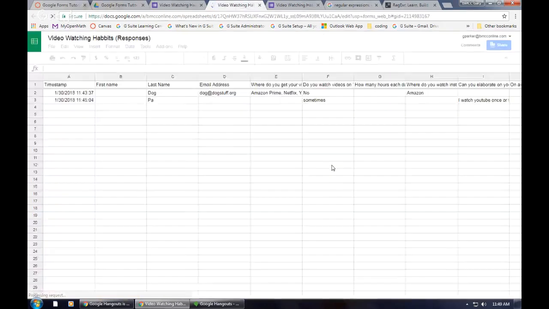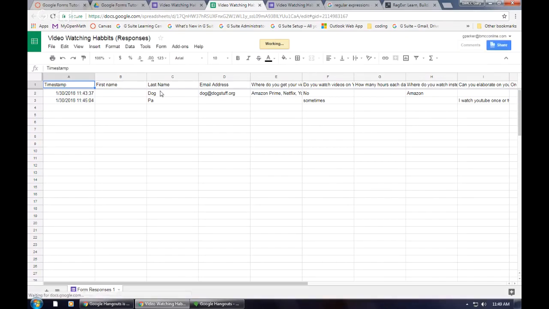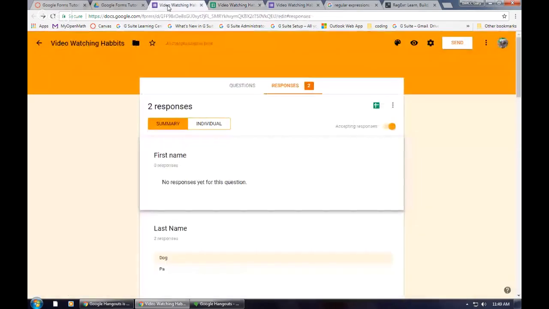Okay, so a spreadsheet is created. And in that spreadsheet, I get things like a timestamp. When did they fill it out? And any information that they put in there, so then I can start messing with it. Like I could make some pretty charts and graphs. I'm going to demo how to do that in another video. The cool thing about this spreadsheet is every time somebody fills my survey out, so let's go back to preview